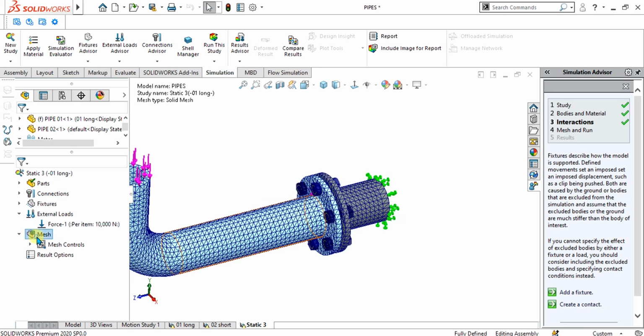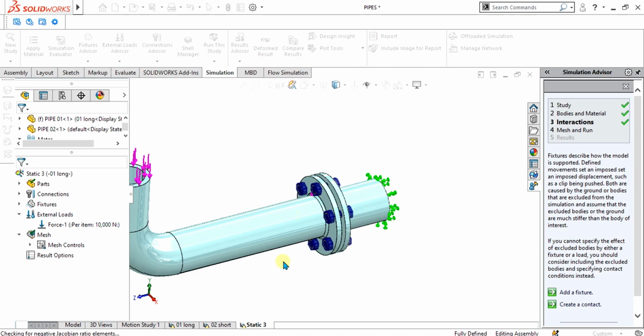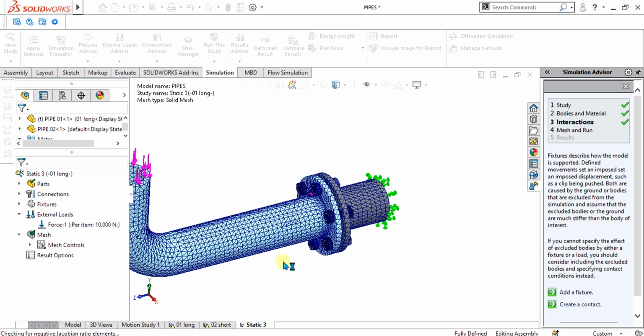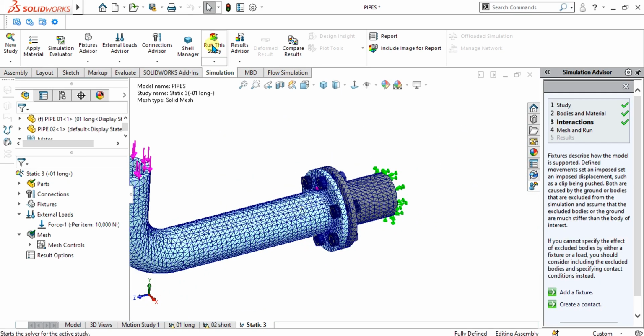So now again simply create the mesh. So now you can see that our mesh has been generated and our geometry is ready for the simulation. Simply go to run this study.